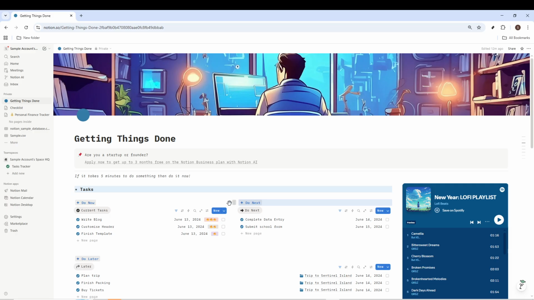While holding the mouse button, begin dragging the block. As you move it, Notion will show you a thin blue line between blocks. This blue line is important because it shows you exactly where the block will be placed when you let go. Slowly move the block up or down the page until the blue line is positioned where you want the content